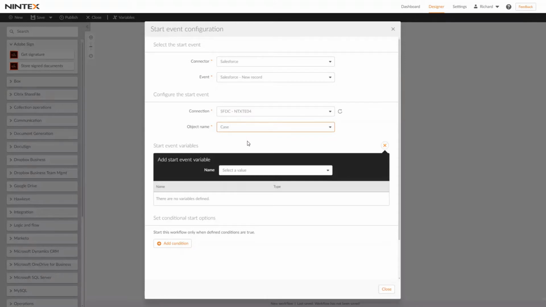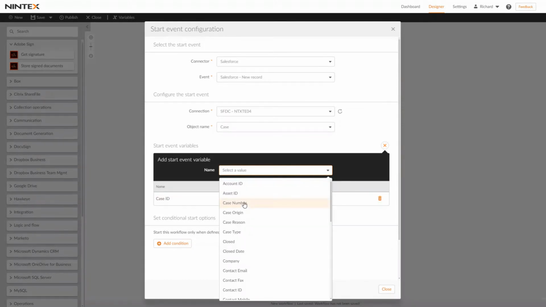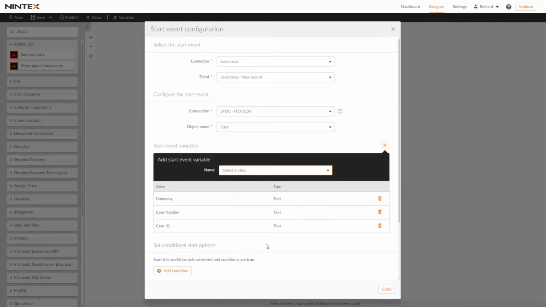Now, when a workflow starts off, we are able to pass on start event variables. Start event variables essentially match the object within Salesforce, more specifically the fields within the object. So for our scenario, I immediately want to tell the workflow what the case ID is, what the case number is, and also what the company that's involved is. Don't worry if you get anything wrong here. You can always go back in, change that list, add more to it, remove stuff, and more importantly, as you go through the process,